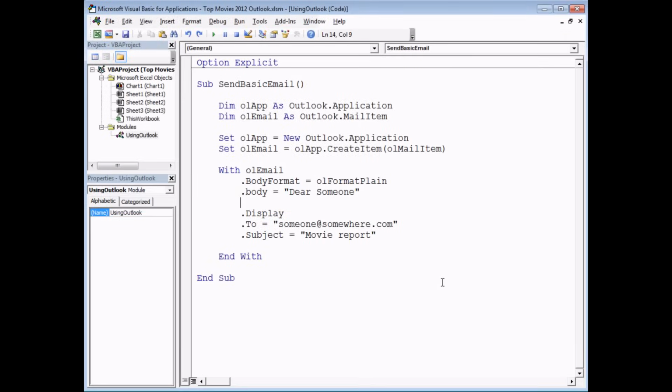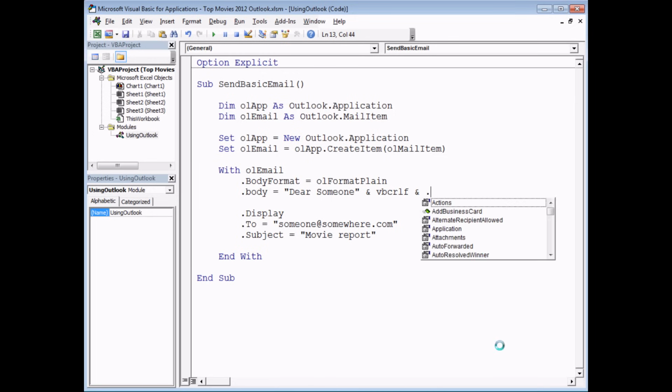Now, assuming that we were going to change the body text just using a single instruction, the easiest way by far to incorporate the existing signature is just to concatenate the body property to the end of our unique phrase of text there. So I can use an ampersand to concatenate. I want a new line character, so I'm going to use a vbCrLf, Visual Basic Carriage Return Line Feed, and the existing body property of the email object. If I just say .Body, that will tag in whatever is already in the body